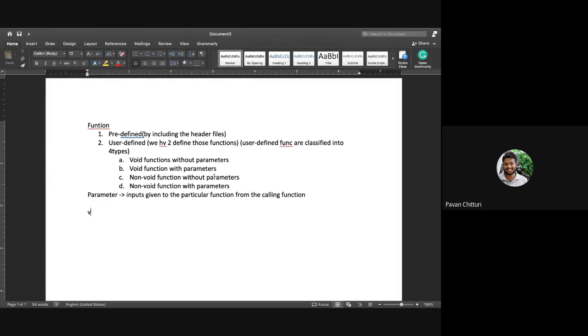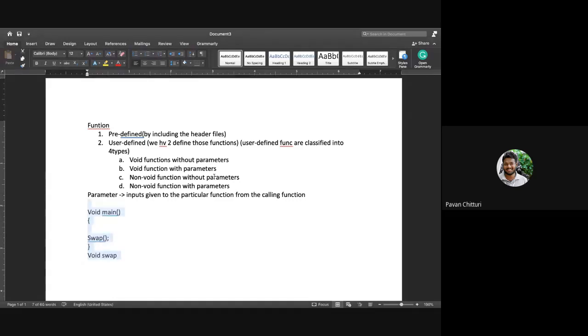Calling function: if you take void main, and you are calling some swap function.